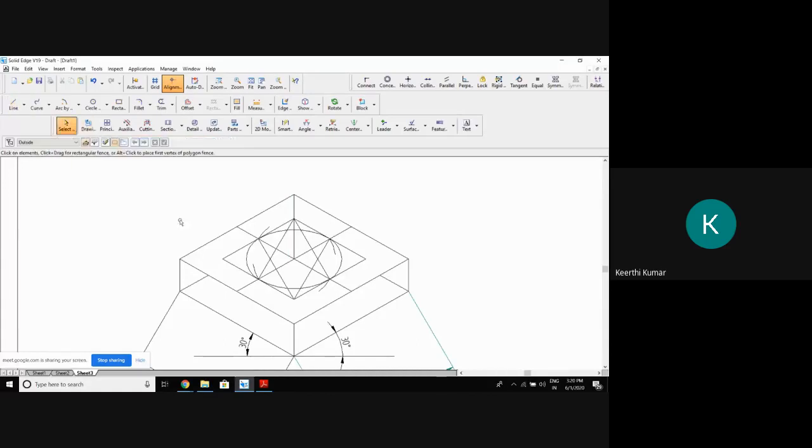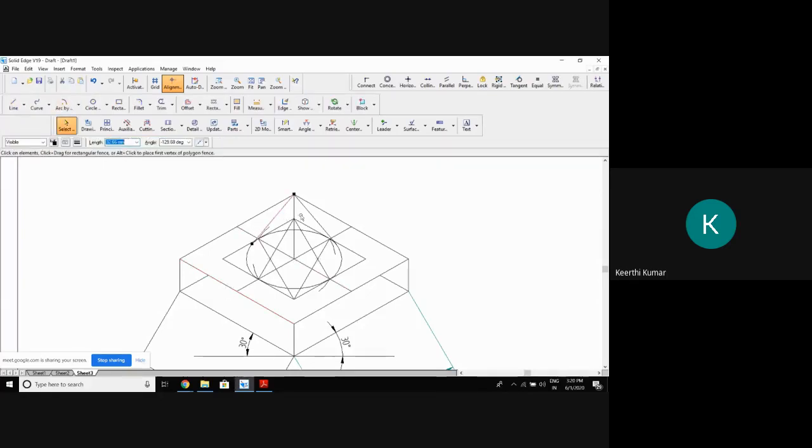Now again this line is coinciding here. Don't think that it will always coincide. No, it may extend, it may go below based on the height given. In this problem, the height of the cone is 40, so luckily it coincided. In some problems, it may exceed. If I give 80 mm height in a test, you should know how to draw 80 mm height. Once you draw the apex, that is your vertex, join the line from there to the tangent. Join the lines from the apex to the tangent. Don't draw the line from here to here, it is wrong. Don't draw from there to center. Draw to the tangent. Then make it visible.